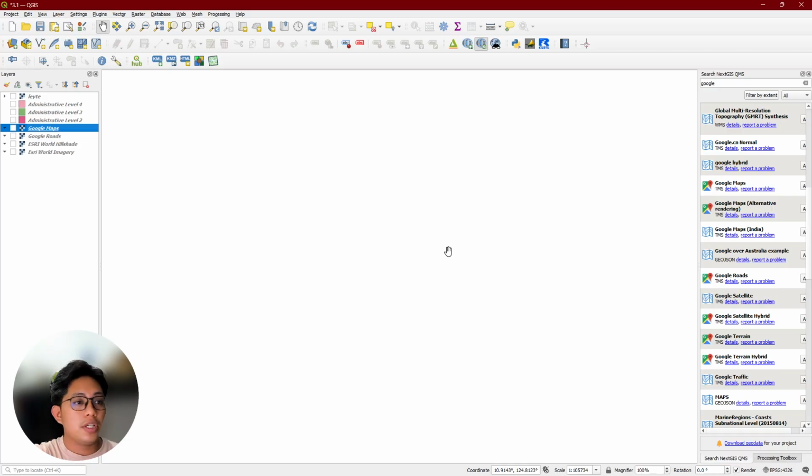When you open QGIS, you'll encounter this tab. Ignore some of the stuff that I have here because these are already my personal additional plugins and you can skip them.